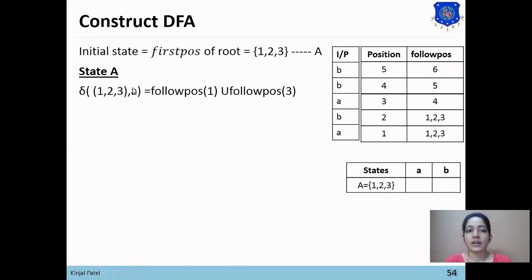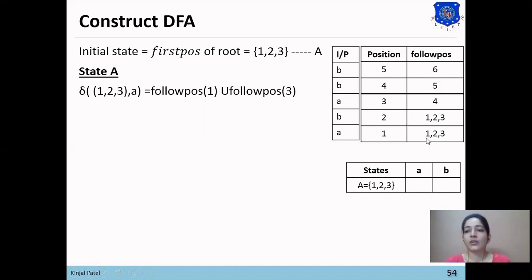Here our input symbol is A. So we will find which numbers among 1, 2 and 3 represent the input symbol A. You can see that positions 1 and 3 represent the A input.